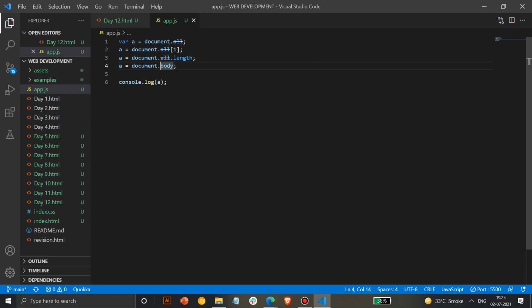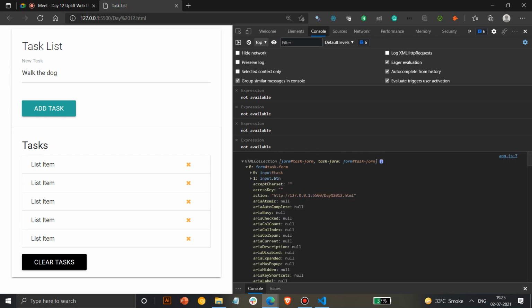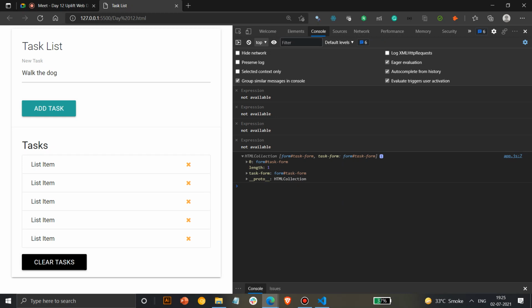If you have forms also, you can access them through forms. I'll show you forms also. If you have any form present here, you can access it using forms, and you can see form. Sorry for that typo. If there's a form, it shows only a single form, that's why it shows 0. If there are multiple forms, it would show 0, 1, 2, 3, 4, 5, 6. This is the number of forms that are present. Here only a single form is present, that's why it's showing 0. Is that clear? So this is how you can access a collection for forms.